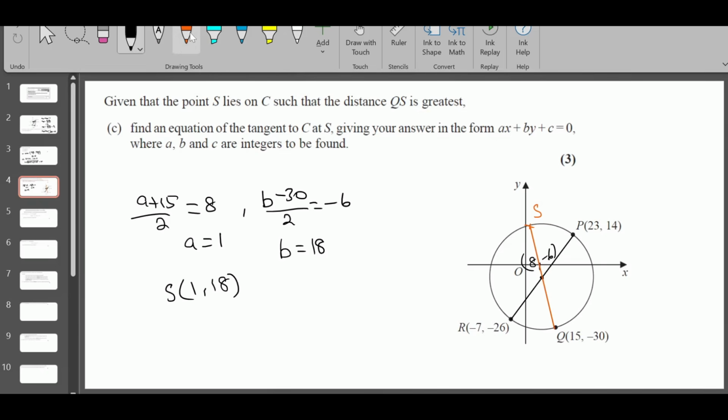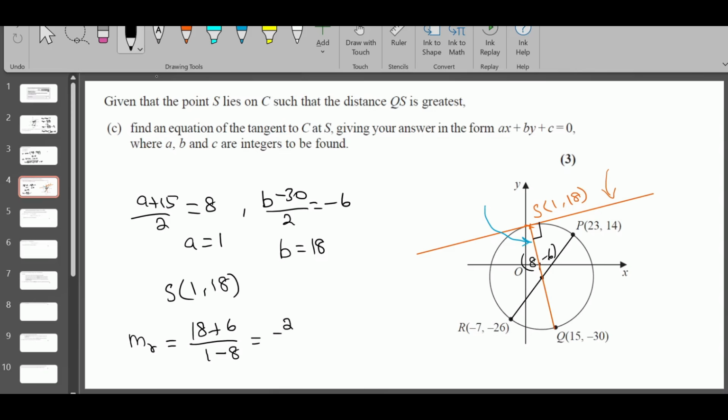Now we need to find the equation of the tangent at this point S. We know the point (1, 18). We need the slope of the tangent. So we are going to find the slope of the radius first, because the radius and the tangent are perpendicular, right? The slope of the radius is y2 minus y1 over x2 minus x1, which is minus